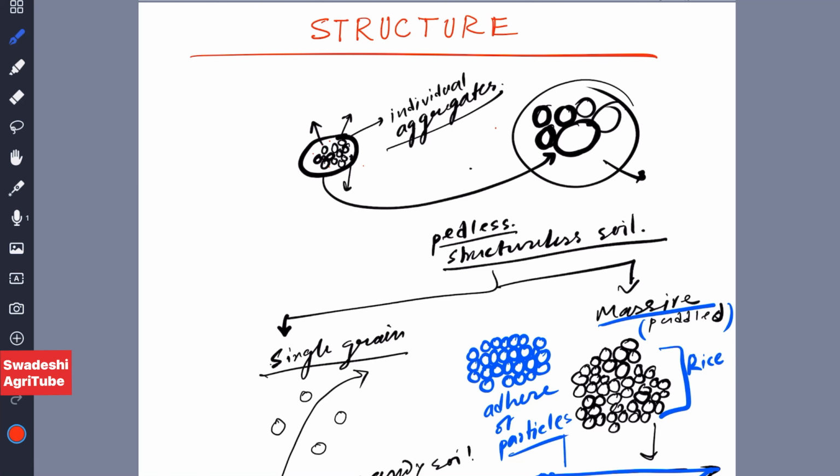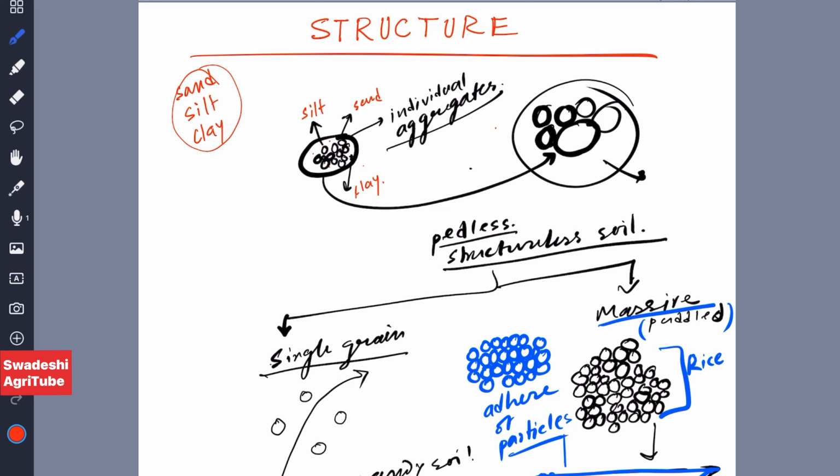So now we will talk about the structure of the soil. The structure of the soil actually means the arrangement of the particles, like the sandy particles, the silt particles and the clay particles. Their arrangement will be called the structure. How they are arranged. Suppose this is a silt particle, this is a sand particle, and this is a clay